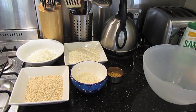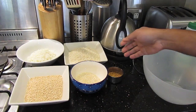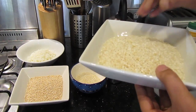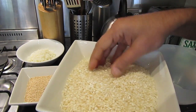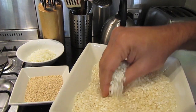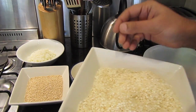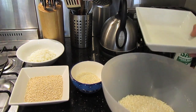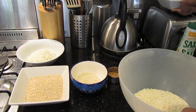The ingredients that I'm using to make this batter include idli rice, which is a bit different from the usual white rice that you buy from the market. This is a bit smaller and rounded. I have taken 2 cups of idli rice. I'm just going to put it in the bowl here. And then the next would be